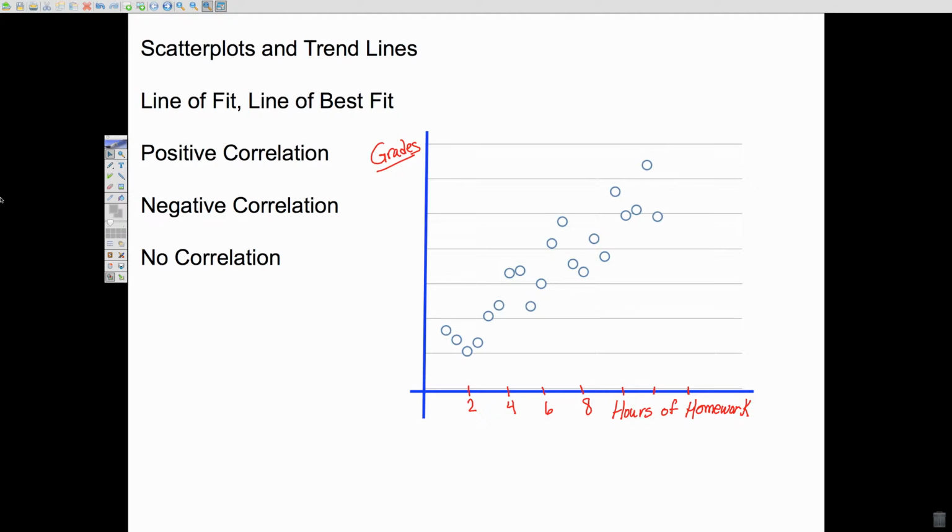So in this case, if you're comparing the number of hours of homework that a student does per week to the grades that they get, there would be a set of ordered pairs, one for each student. The first number in the ordered pair would be the number of hours of homework that that student did, and the second number might be the grade that that student got at the end of the term. When we plot each one of those pairs as an ordered pair on a coordinate plane such as you see,